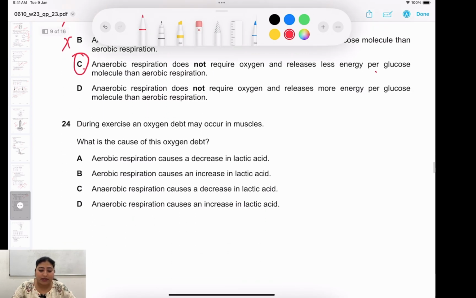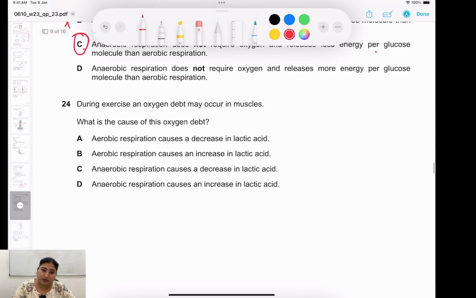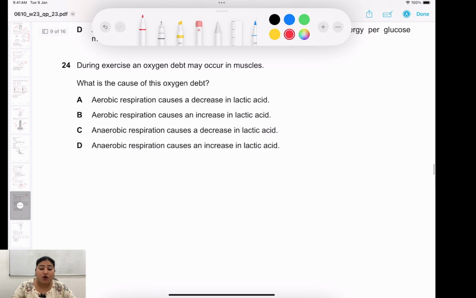During exercise, an oxygen dip may occur in muscles. What is the cause of this oxygen dip? So, oxygen dip is what? Oxygen dip is created by, you can say, a deficit, which is created when you do any vigorous activity, because at that time, what is produced? There is production of lactic acid, and this oxygen dip usually occurs when you do an activity, your breathing rate